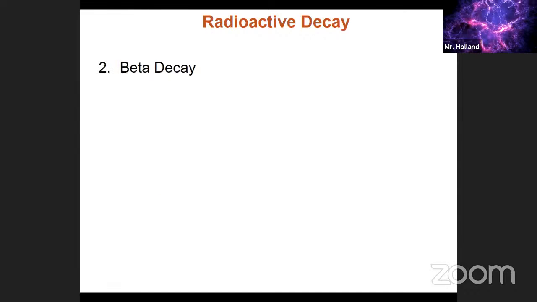Let's try some beta decay. For beta decay, remember it's a high-speed electron that's created when a neutron changes to a proton. In this case, I put the picture up here just to give you an image instead of just the name. You can simply write iodine 131. That's this example. Iodine 131. It's abbreviated I. If it undergoes beta decay,